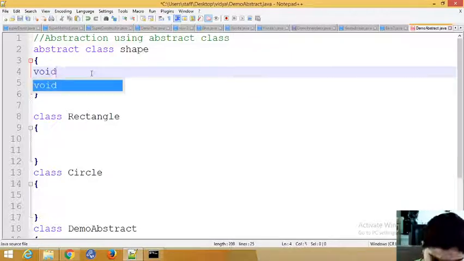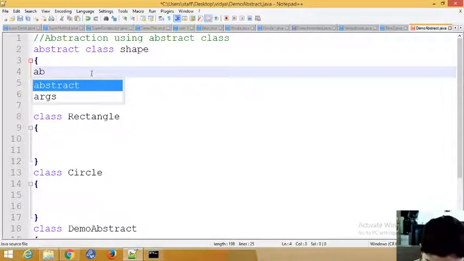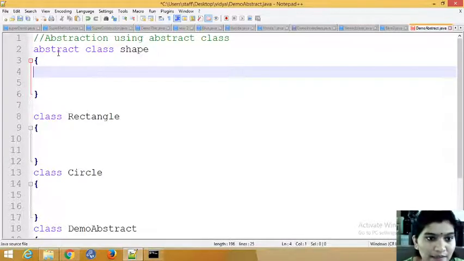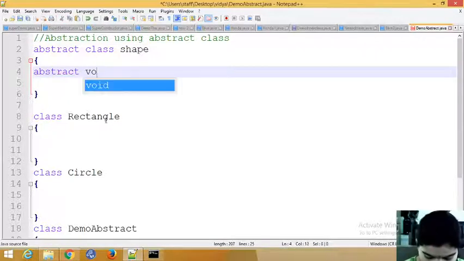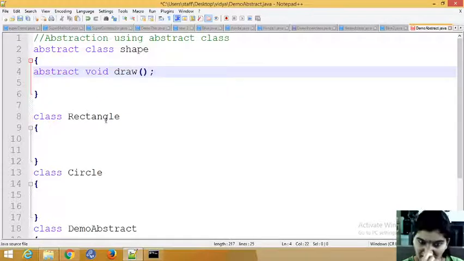Now I am creating one method here, and we'll make it an abstract method. An abstract method doesn't have any body. To declare an abstract method, use the abstract keyword, any data type, and your method name. Draw is the method name. I'm just using a declaration.